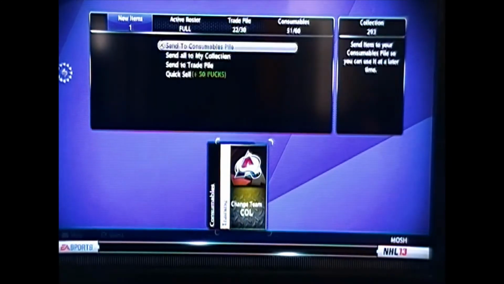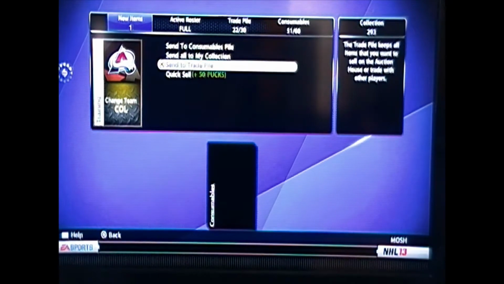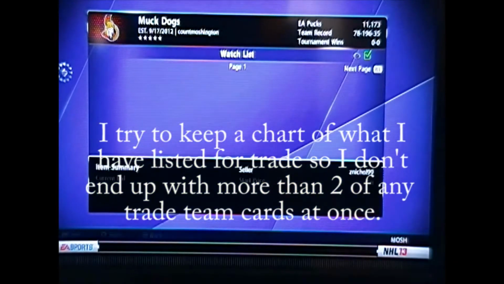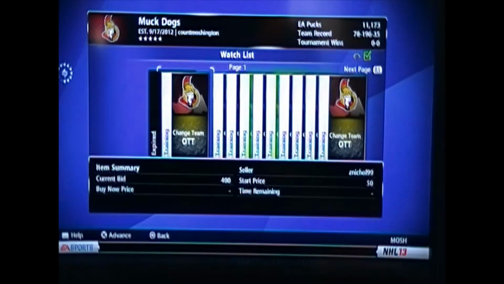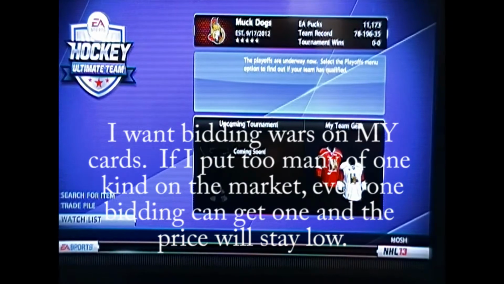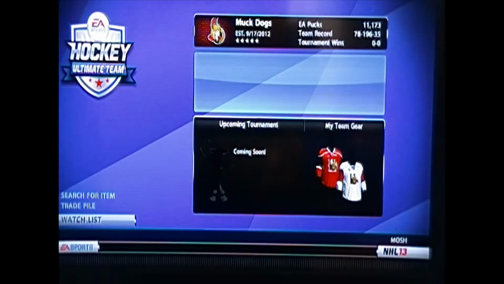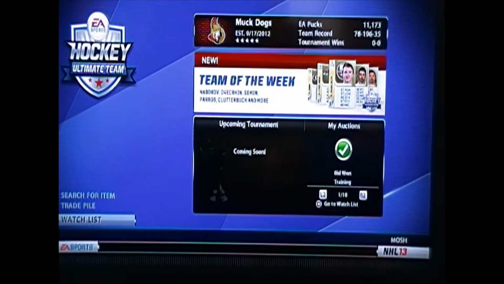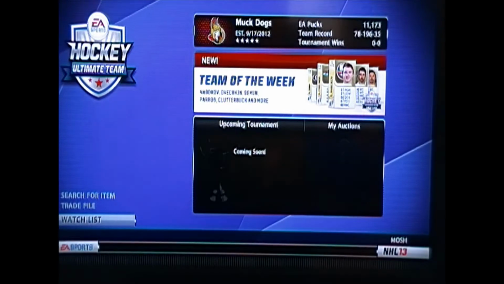While I'm doing this, there's another thing to watch for. Say I think I can get a really good sale, or I can sell the Ottawa Senators one. If I believe that my starting price should be at $750 and my buy now price is at $1,050, and I'm believing that I should be able to